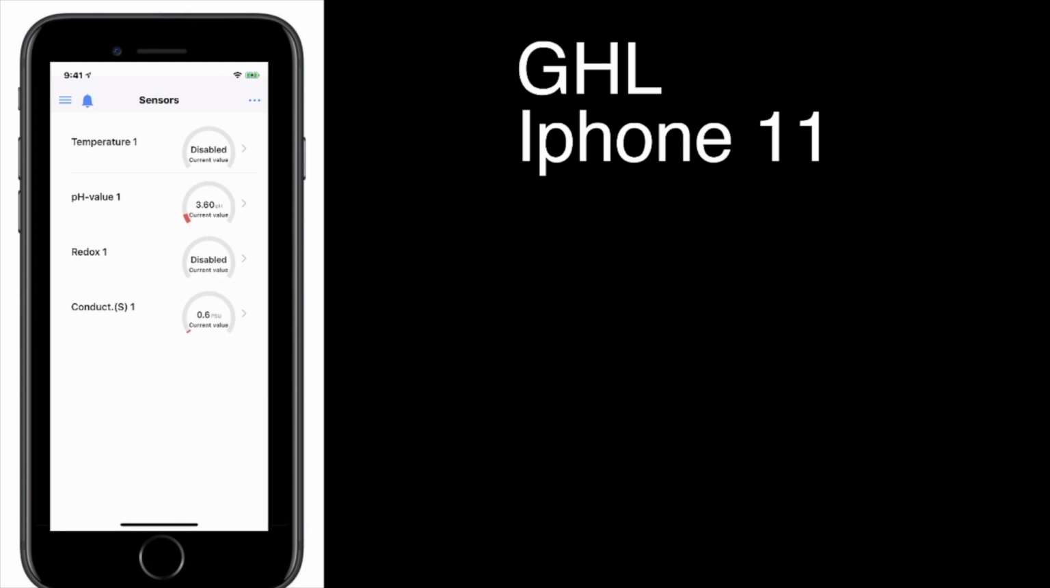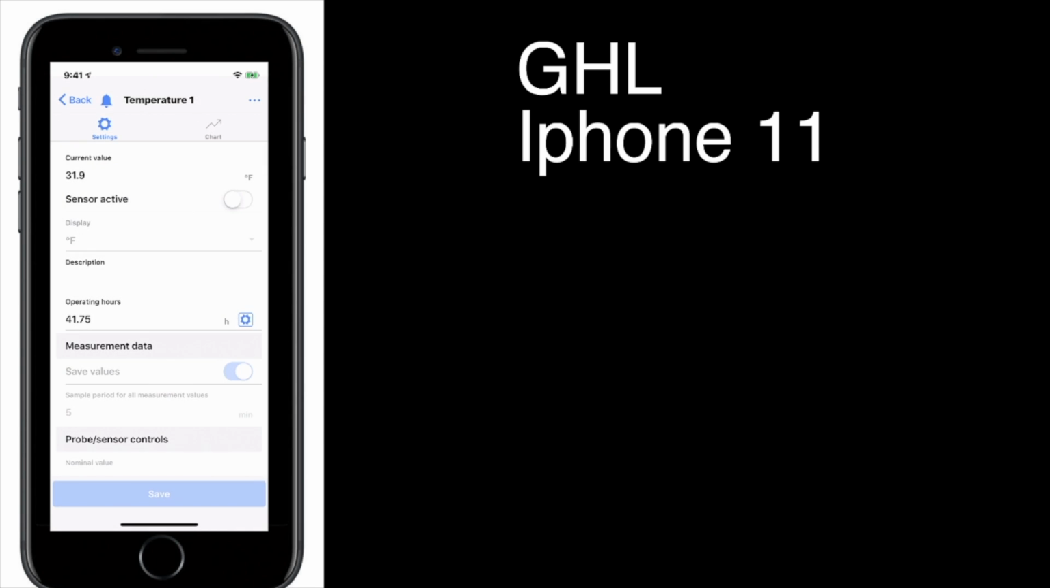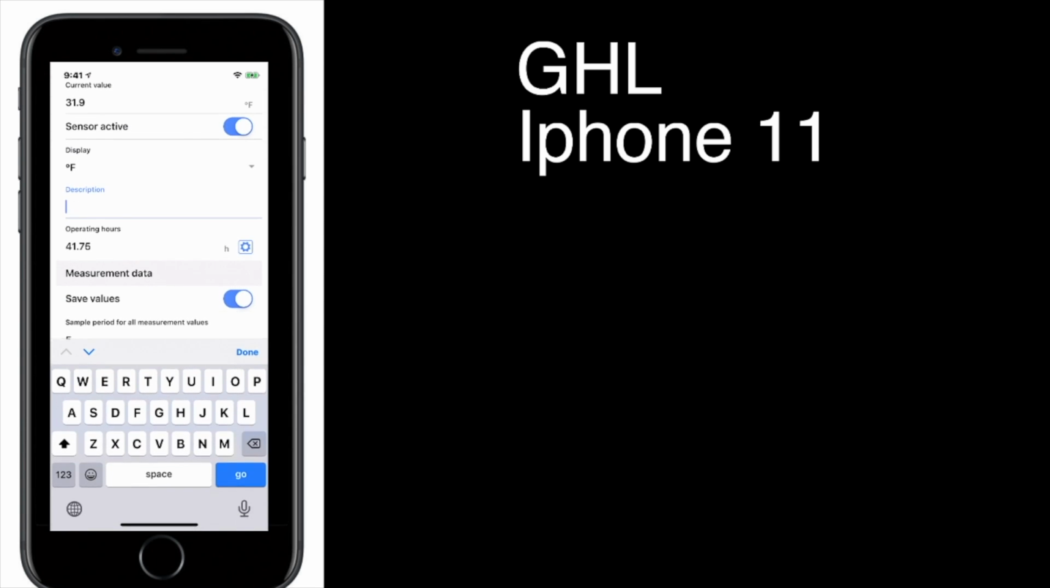All of the connections here are through my GHL, so they're a little bit slower than if you're connecting directly to the unit. You'll see I have a few of them already disabled. So again, I'd activate them, and then I'd put in the description,